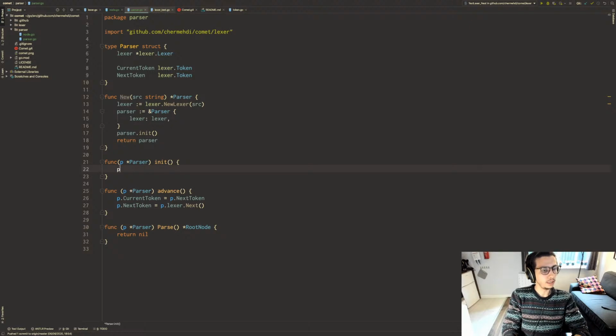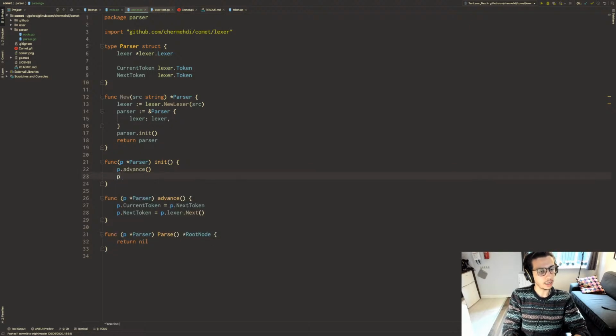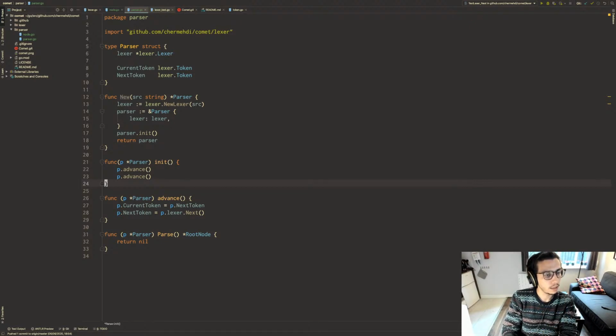And now we need to call p.advance the first time, and I guess we should add another time, the second time. So the first one will fill the next token, and the current token should be null, and calling p.advance the second time will make the current token equal to the next token, and the next token equal to a new token. And with that, we suppose it's initialized. If we need any other type of initialization, we'll go back there. So let's go back to our nodes,